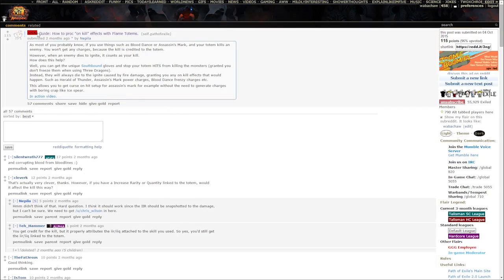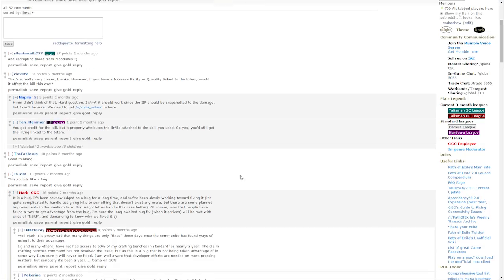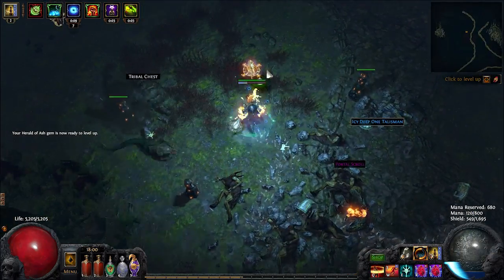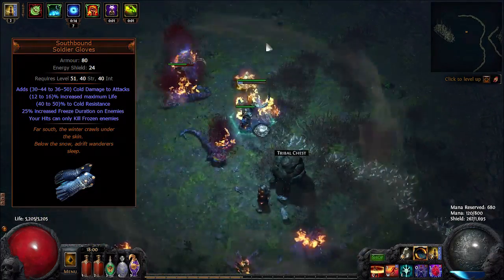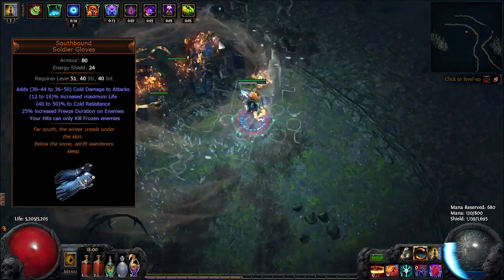Now, before I explain this any further, I want to state that this is most likely a bug and has already been reported to GGG, who have been working on it slowly for quite some time. There will be a link in the description to the Reddit post stating that it is a bug. But how it works: the Southbound Soldier Gloves have a unique modifier that says your hits can only kill